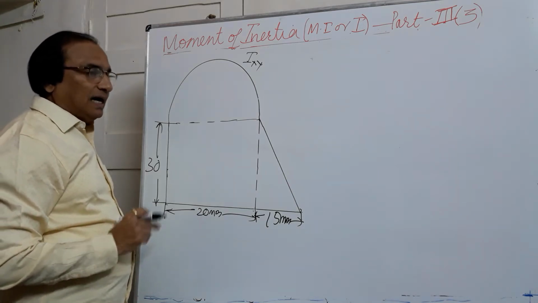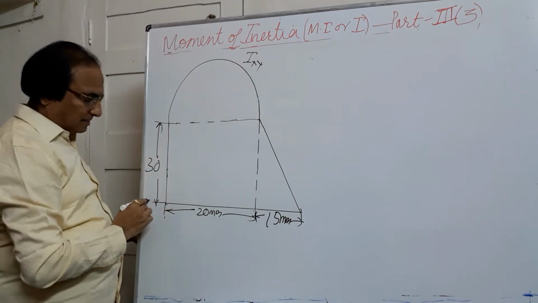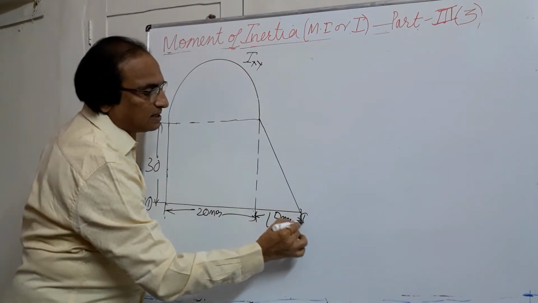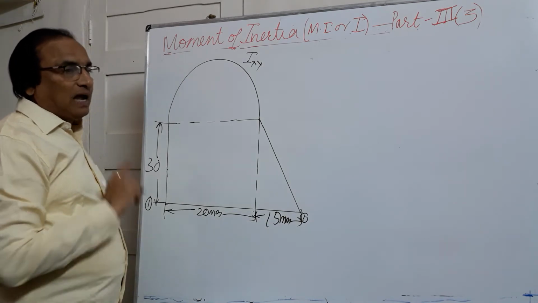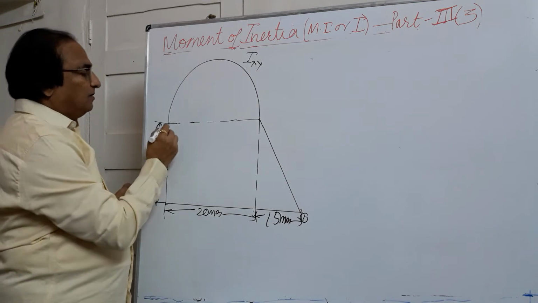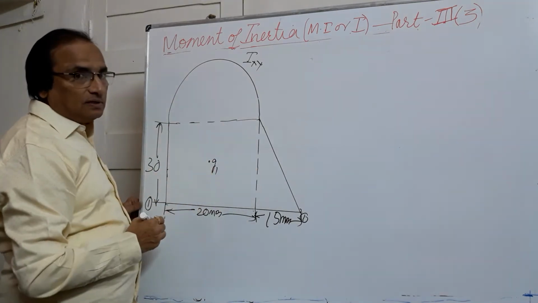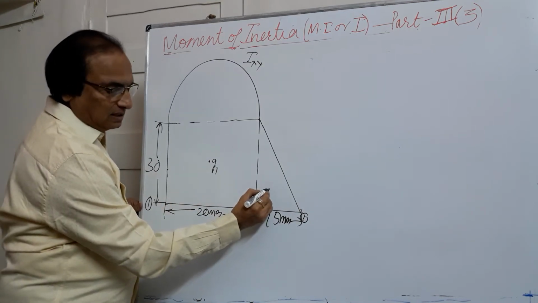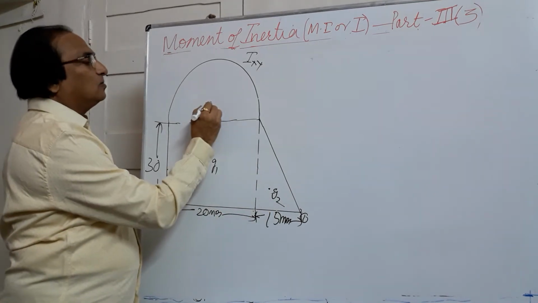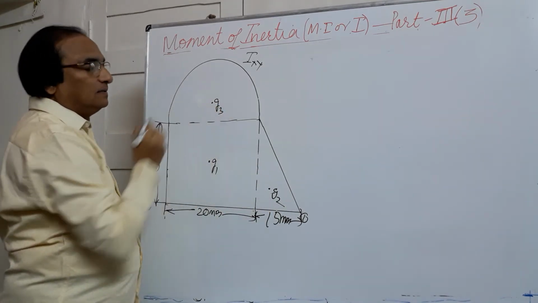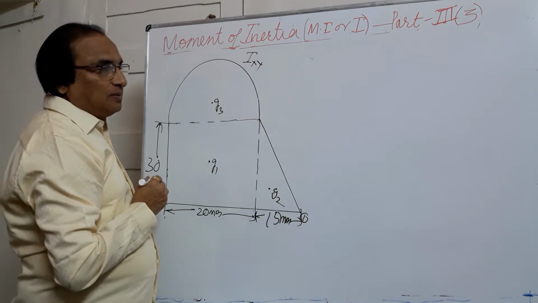Here again the reference axis plays a very important role. We want Ixx, so the parallel axis to that will be 1-1. So let us consider a reference axis 1-1. That is the first step. The second step is we'll have to divide the figure into simple figures. Now we have one rectangle G1. To this we are going to add this triangle G2, and to this triangle we are going to add a semicircle G3. So G1, G2 and G3 are the three components. Now we'll have to find out the moment of inertia.